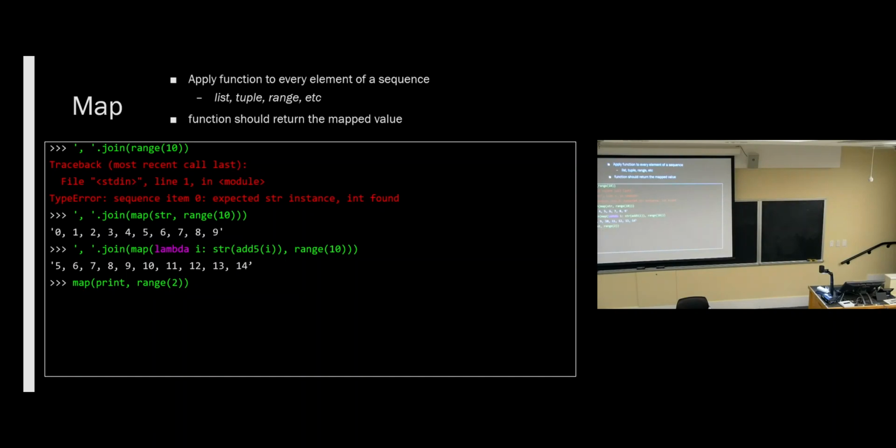Anybody guess what's going to be printed out? 0 or 1 on whichever lines. Also, use map object. So there are a couple ideas. Turns out that this is going to print out a map object.